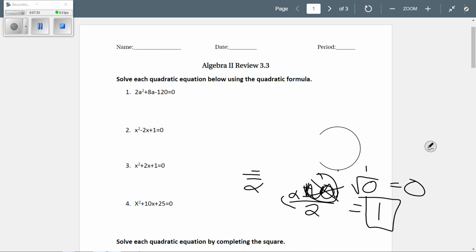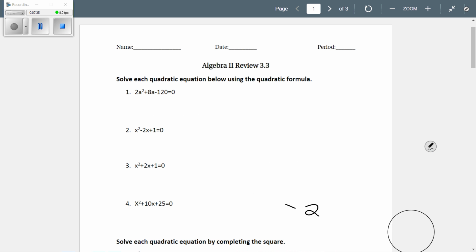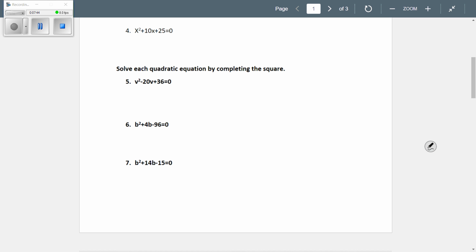So that's the end of quadratic formula. Again, it's not hard. It's just long to do. We scroll down. This time it says solve each quadratic equation by completing the square. Again, the problems on the test should say what to do. This is what we just did